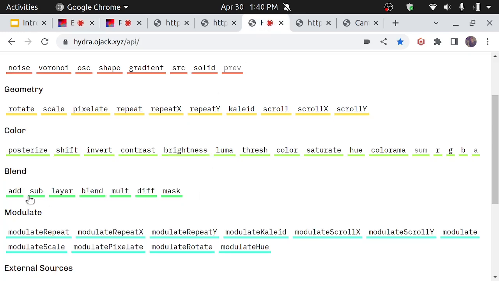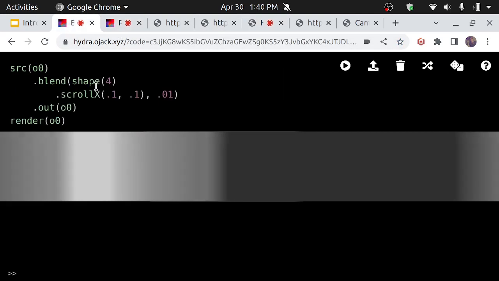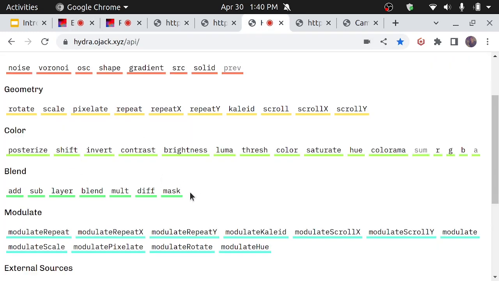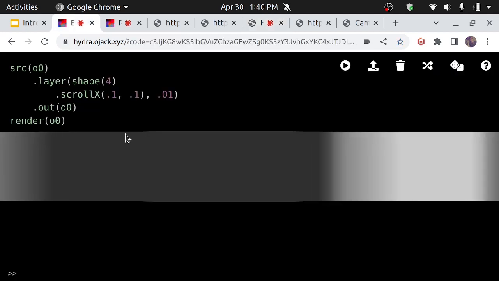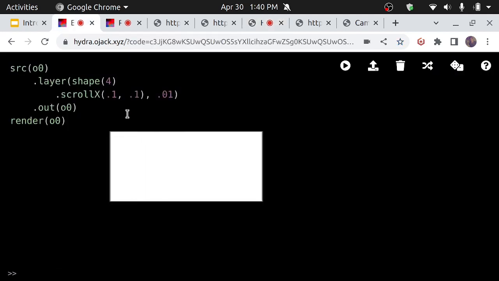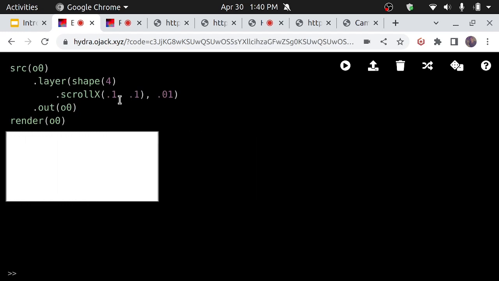And so all of these different blending functions can do different things. For example, if we're working in a shape, we can layer. Maybe a good way to think about this is these are all just like Photoshop layers. Those are the blend modes. And so layer is one that is pretty good, but you see it's not doing anything yet,